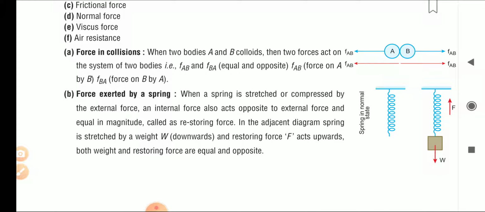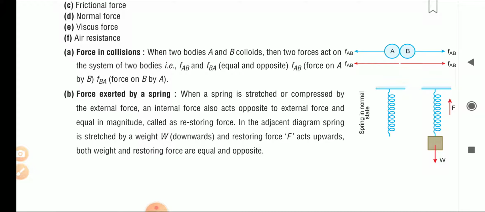We are applying the force, and we are giving the name as force. Now the internal tendency that is developed inside that object is the restoring force. Internally, it will have some tendency to come back to its original position. So when the deforming force, the force which you are applying, is removed, its restoring force will come into action and bring that object back to its original position.